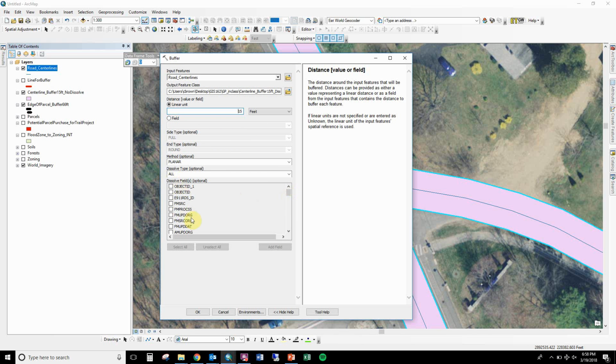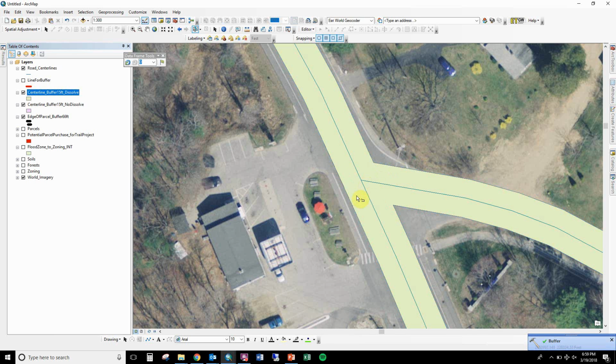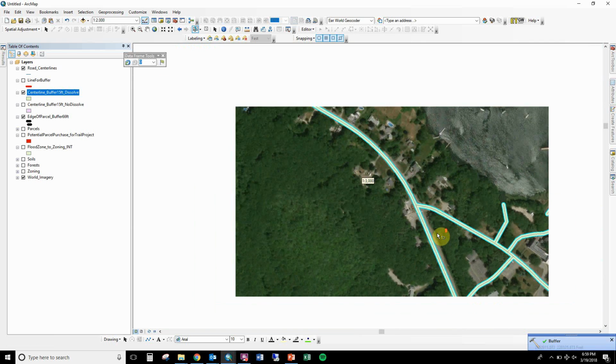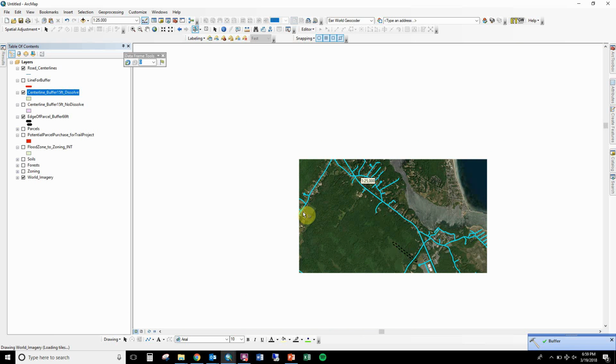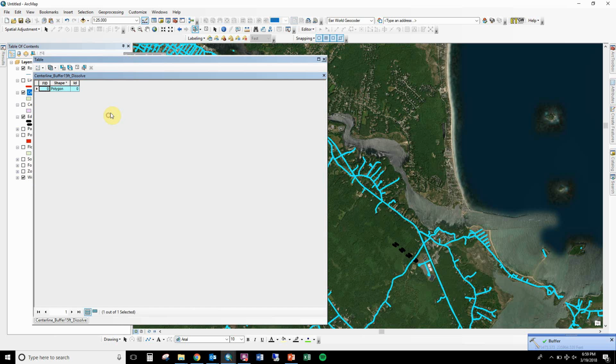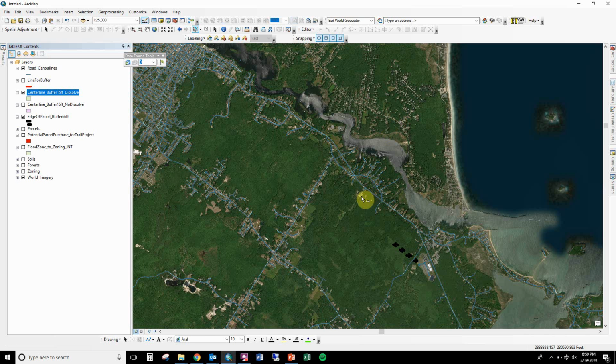When you dissolve, you can also pick a field to dissolve on, which we're not going to do. We'll talk about that when we talk about the dissolve tool. But it should be obvious what the difference between a dissolved buffer and a non-dissolved buffer is. You can see now there's no overlap, and there's only one feature for that whole thing. So sometimes the whole town might get included in that one feature because it all got dissolved together. It's literally one resulting record because it's all mashed up together. A little bit of a mind pretzel, right? Cool. Well,